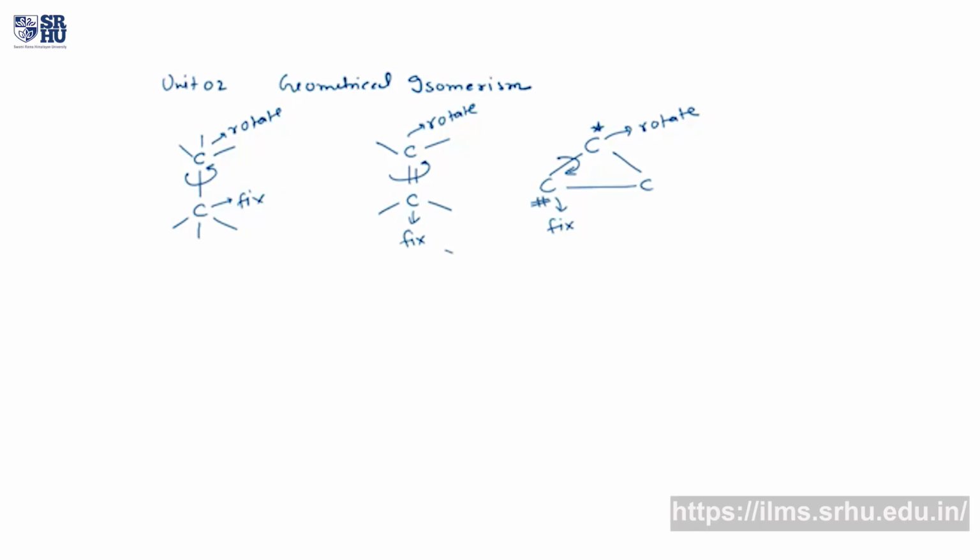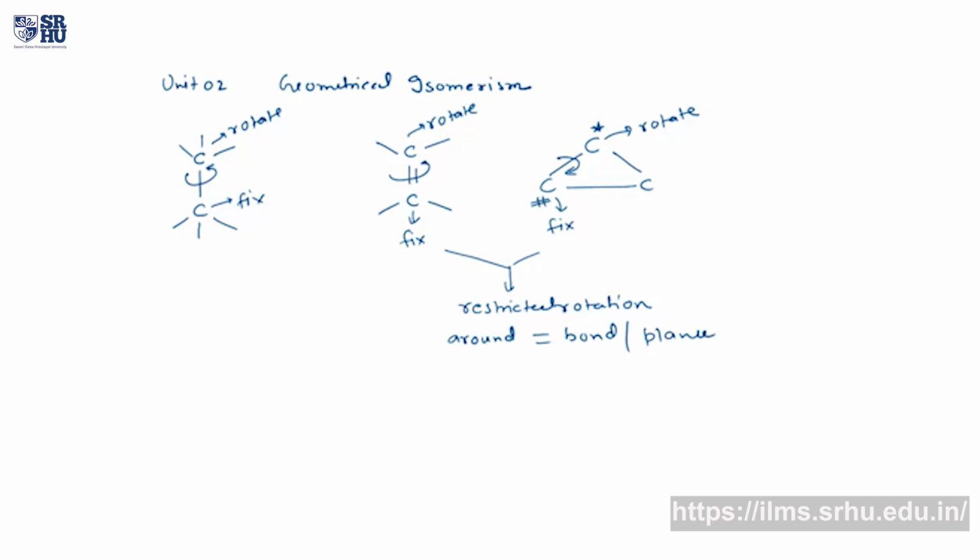Why? Because there is a restricted rotation around the double bond or the plane. So because there is a restricted rotation about this plane, it gives rise to two kinds of orientation,